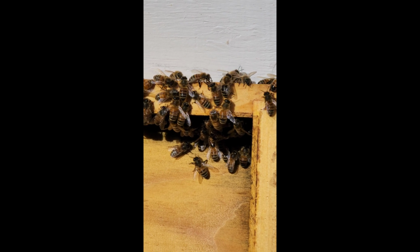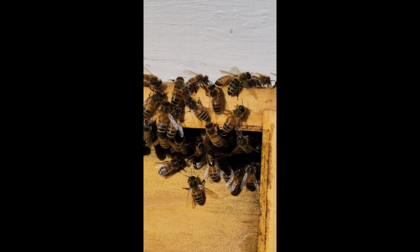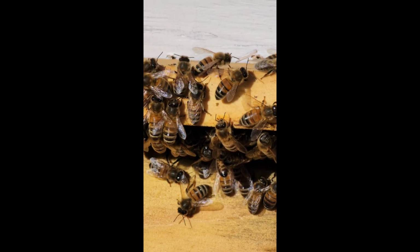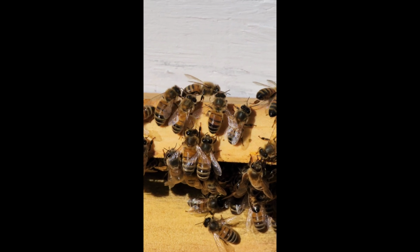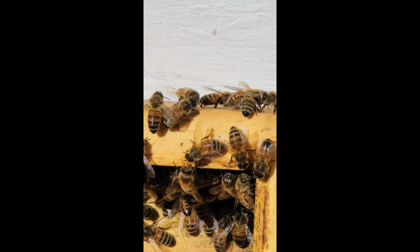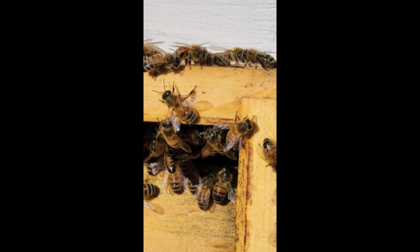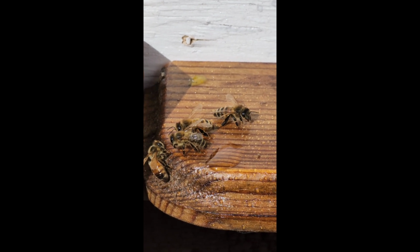So the presence of sunlight, now that the sun's risen a little bit higher, bearing down directly on their bodies, has had a pronounced effect on their activity level. And we can hear the first flyers. And with this new mobility, the ones that were bivouacked overnight in a tight cluster are now also slowly moving over to their new landing board,